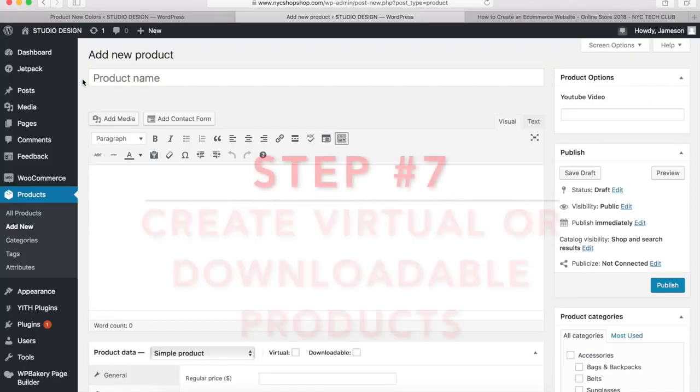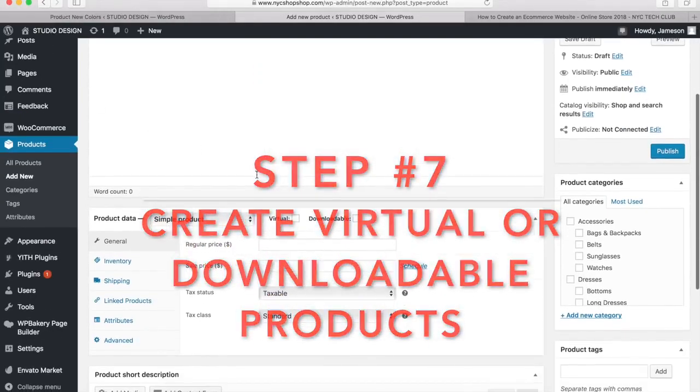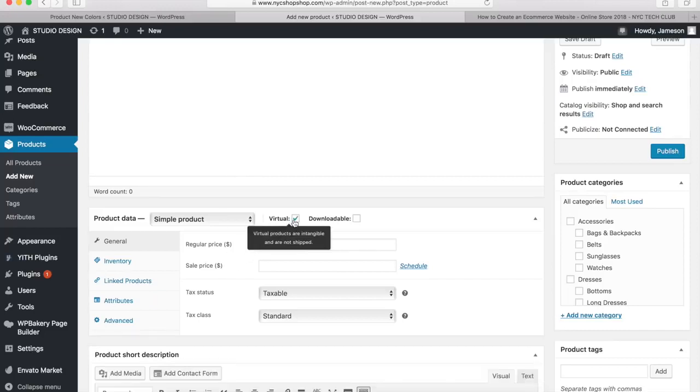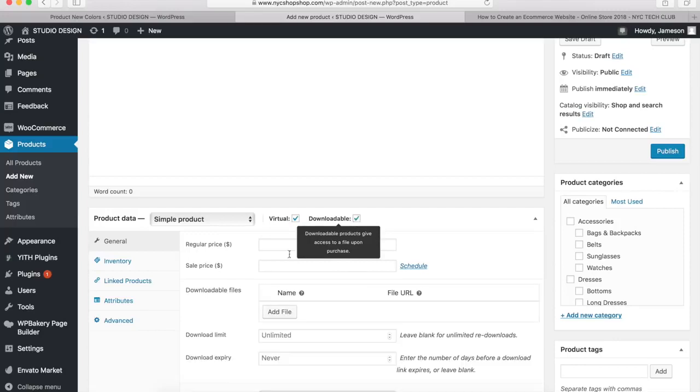And so if you're ready, I'm going to walk you through how to create a virtual or downloadable product really quickly. So all the other steps are the same as creating a simple or variable product. The only difference is you're going to check this box if you have a virtual product, and that's going to make the shipping tab disappear over here since you're not going to be shipping anything. And then if you want to make this a downloadable product, just check this box and you'll get this little section right here,